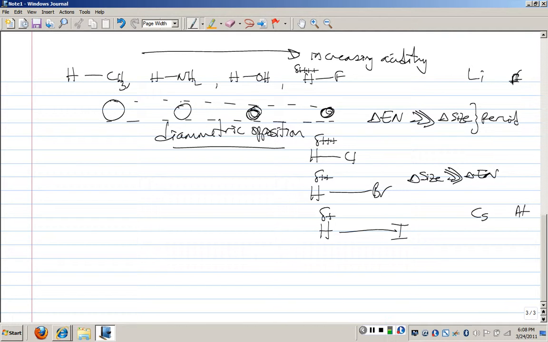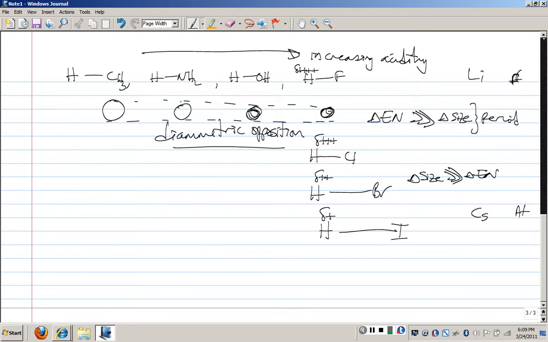Although we will mention that there is an issue with size, it's less important. When we're going down a group, we look at size, although we will mention that there's an electronegativity issue, but that's less important. So size and electronegativity are diametrically opposed. Okay? All right, so if we go back,